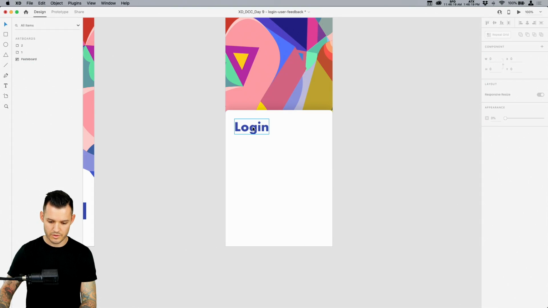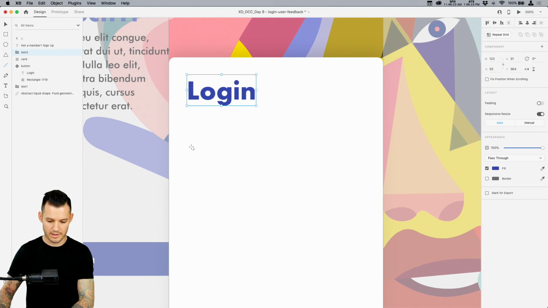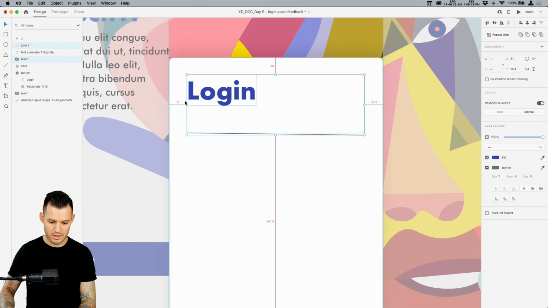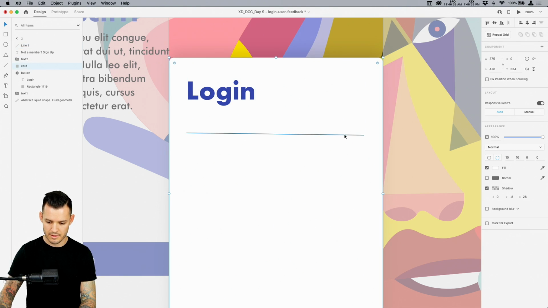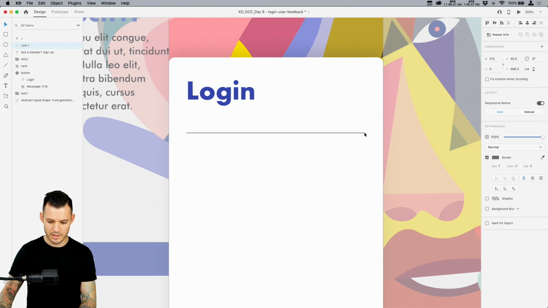Okay. Just making sure we're grabbing the right things here. Let's just do a line. How about that? We'll hit L for line. Let's just drag a line across. What's the distance between it and the edge here? 30, should be 30. Great. Anybody notice I drew my line a little bit crooked? Aha! Boy, that could have been bad. Let's drag that down and bring the opacity of it down a little bit.